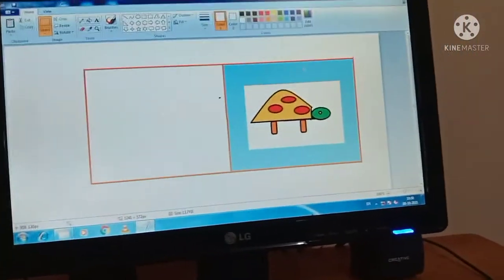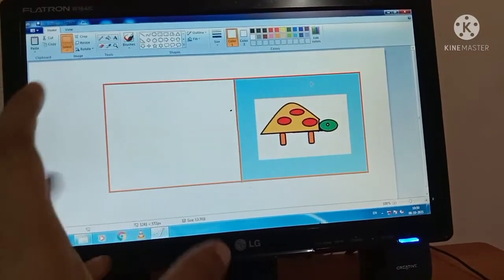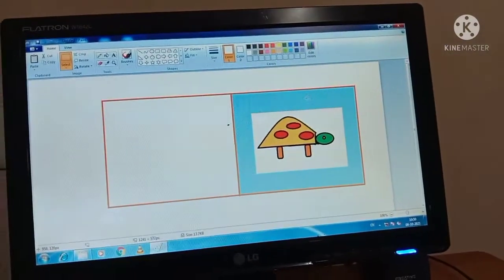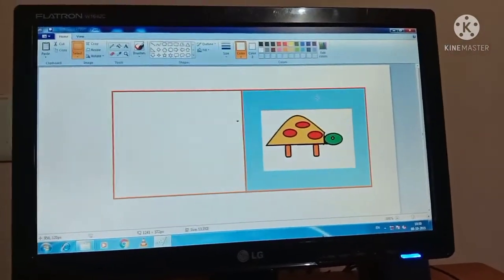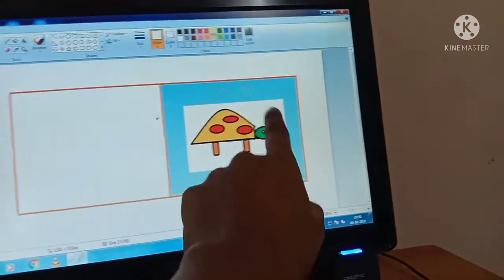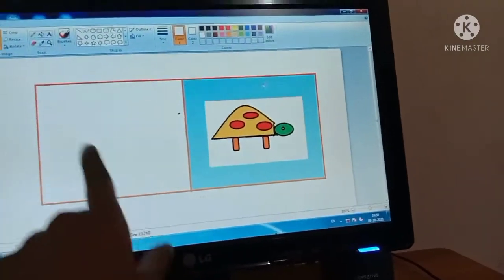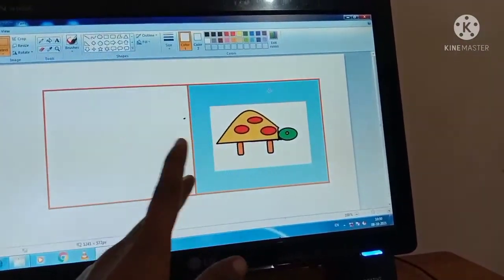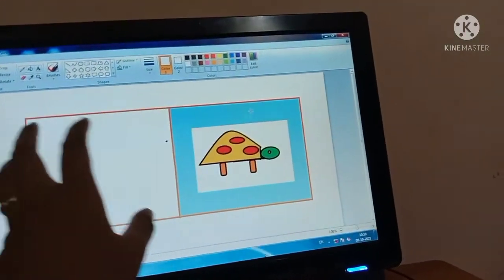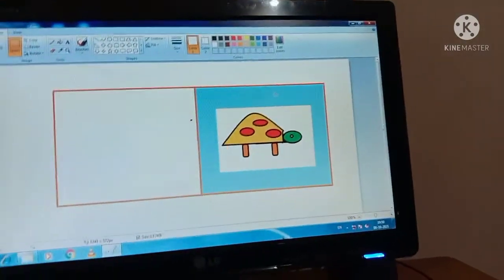Now we cut the picture and pasted here using the rectangular selection. Now you can see one white color, because when we cut from here the background was white. So when I cut that picture, the background also came with it.